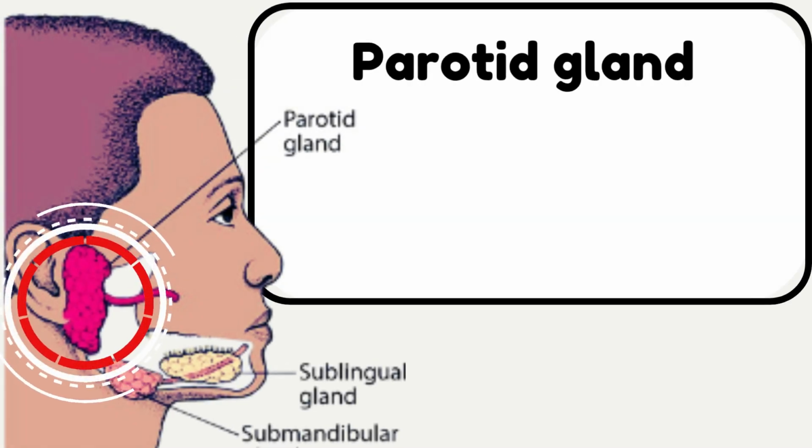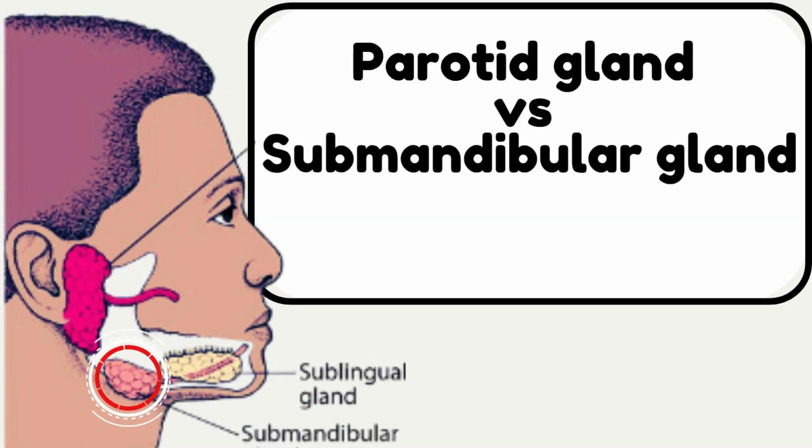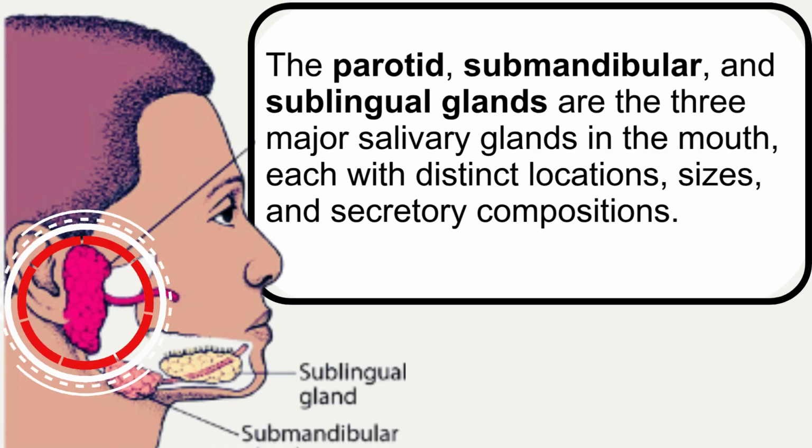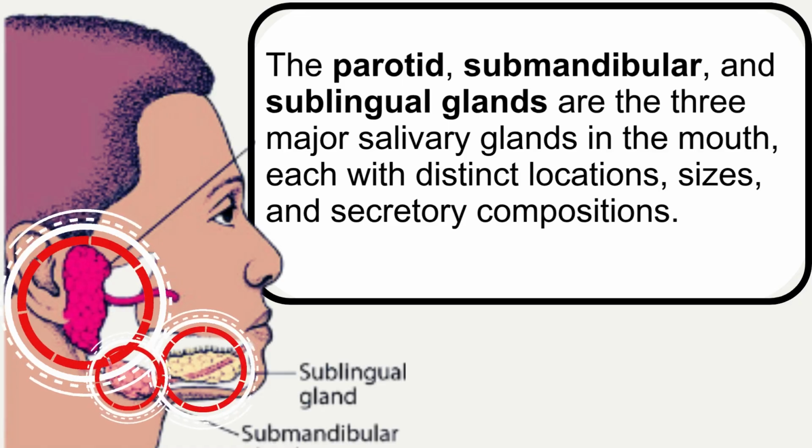Parotid gland versus submandibular gland versus sublingual gland. The parotid, submandibular, and sublingual glands are the three major salivary glands in the mouth, each with distinct locations, sizes,